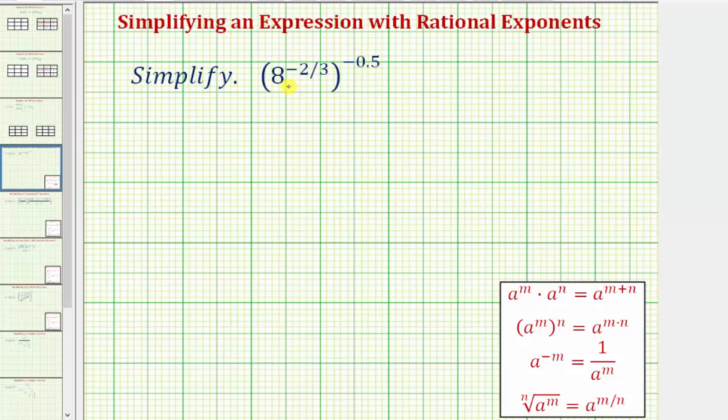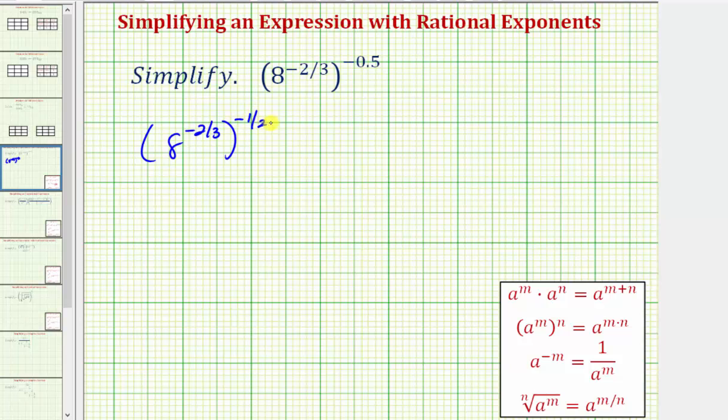We want to simplify 8 raised to the power of negative 2/3 raised to the power of negative 0.5. Notice here the exponent is a fraction, and here it's a decimal. Let's rewrite negative 0.5 as negative 1/2. So the given expression is equivalent to 8 raised to the power of negative 2/3 raised to the power of